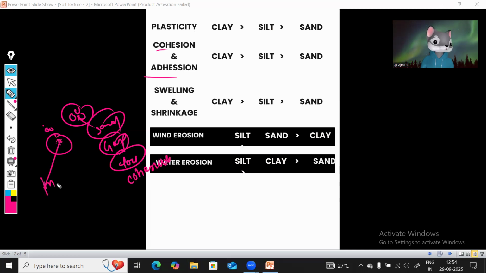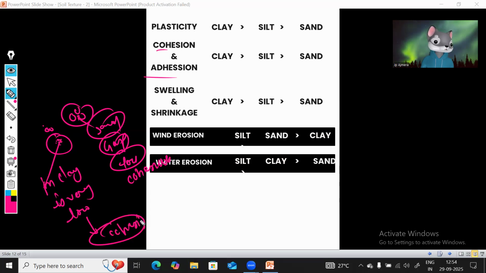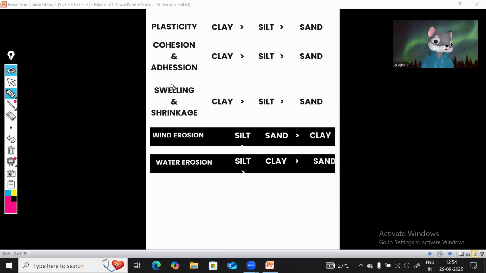In clay, the gap is very low, which means the matric potential is very high. In addition, in the whole pore space, there is the micropore and the macropore. The friction between